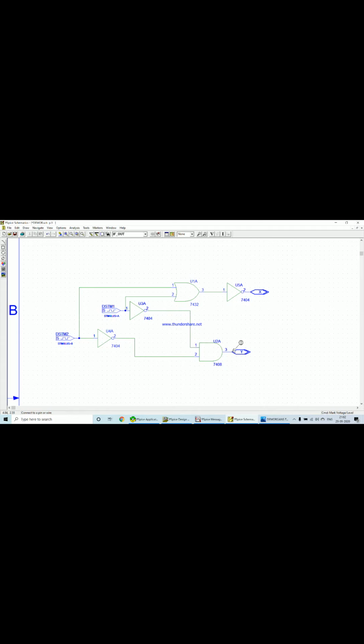Whichever you place in the beginning will be the last waveform. Therefore I need Y at last, and then I need X before Y, and then I need B before X, and then I need A before B. So I need A, B, X, Y. That is the waveform which I need to see: first input waveform A, then input waveform B, then output X, output Y. So if I need to see the waveforms in this order, I should start placing the voltage markers from last to first. Therefore, the waveforms will be seen from first to last. That is how it is.